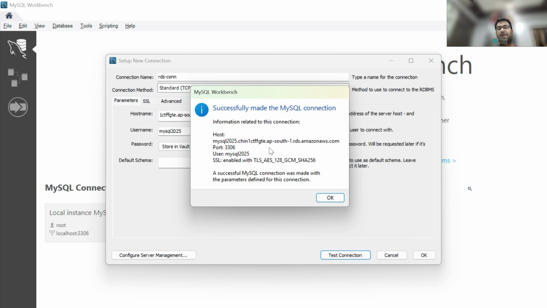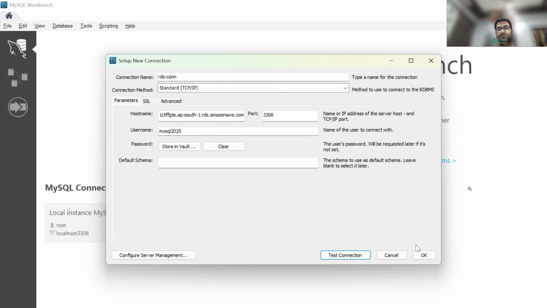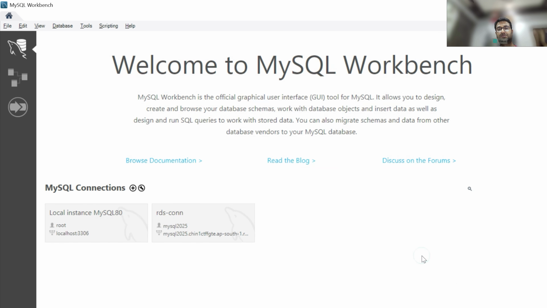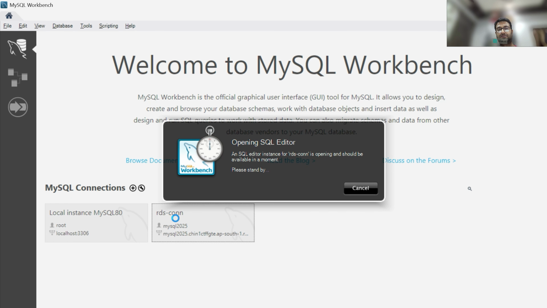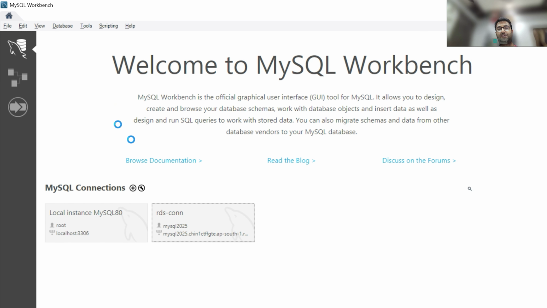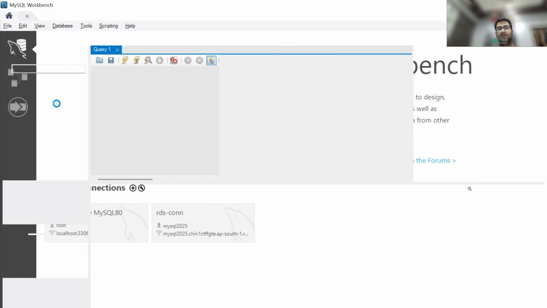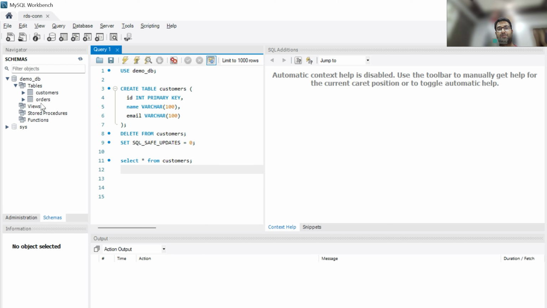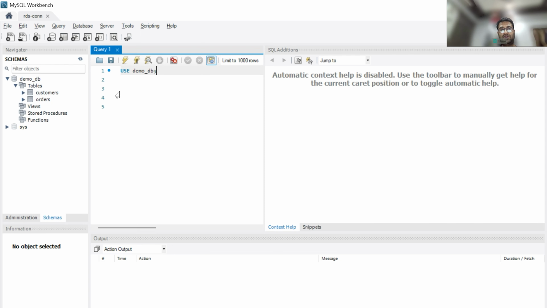How? For the demo purpose, I had made my database instance publicly accessible. Say OK and OK again. Okay. And this time, if you do a double click, you will see a demo DB. Inside demo DB, you are going to see the tables you have created. So here also, if you execute this command, let's say you're using demo DB. Let's execute this command. And then if you select star from customers,